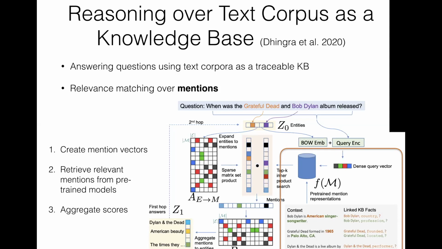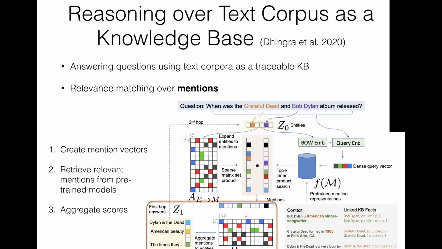After that, they would also aggregate and construct vectors from the retrieved relevant context found in textual corpora. And finally, in the colored orange area, you combine and compare the mention vector constructed in the first step and the retrieved vector constructed in the second step and get relevant mention scores. And using those relevant mention scores, you construct it back into entity vector, as you see in the highlighted square zone,